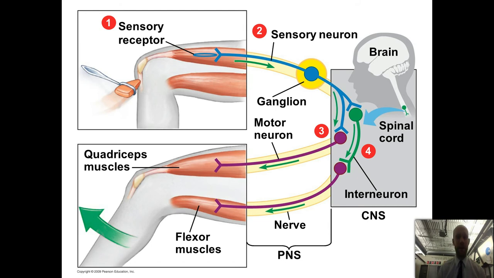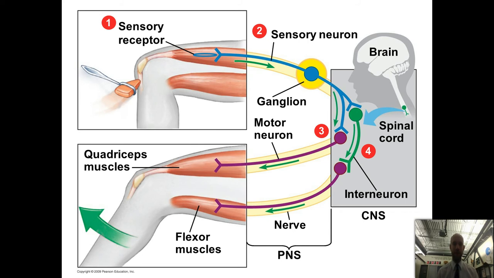There are all kinds of other reflexes. For example, a really nice one to look at, which you can't look at yourself but can look at in a neighbor, is to have them be in the dark for a while and then shine a bright light, not too bright, in their eyes. You can see the reflex of the contraction of the iris in their eye. That's automatic. We don't have to think, oh gosh, I've got too much light going into my eyes, it's going to be really bad for my rods and cones. No, your